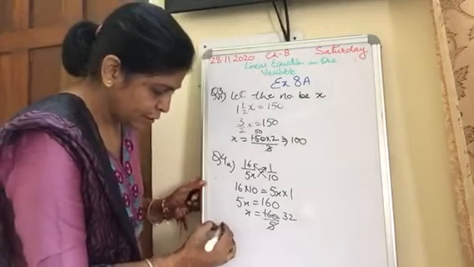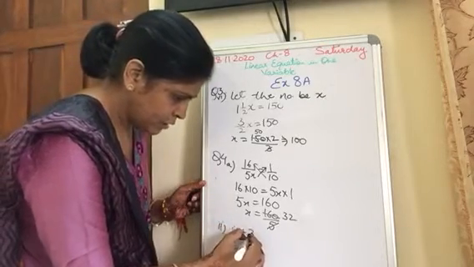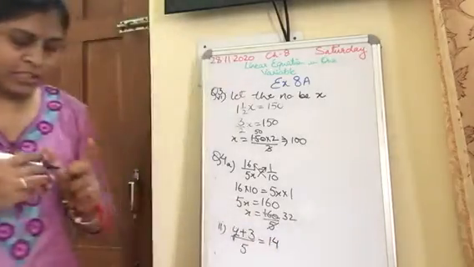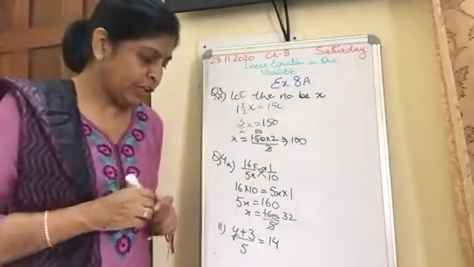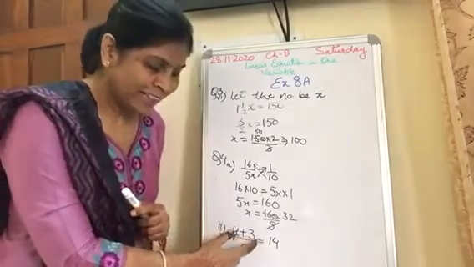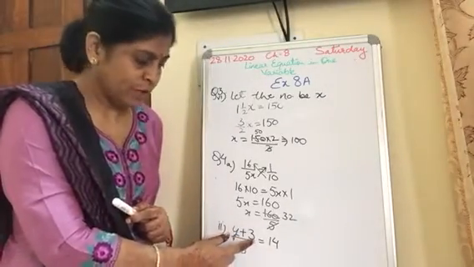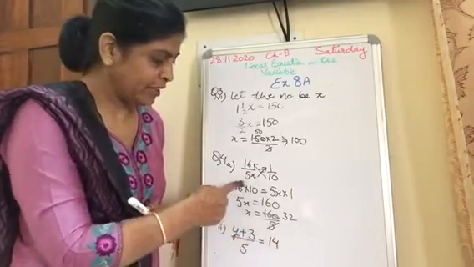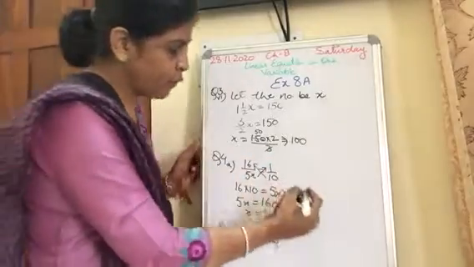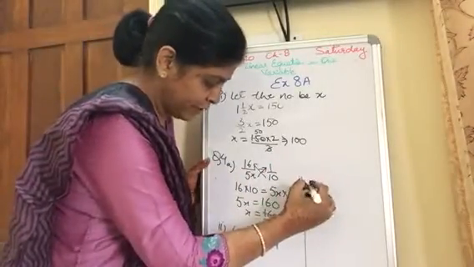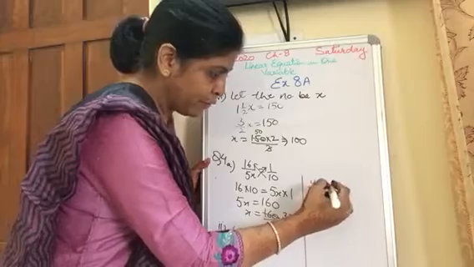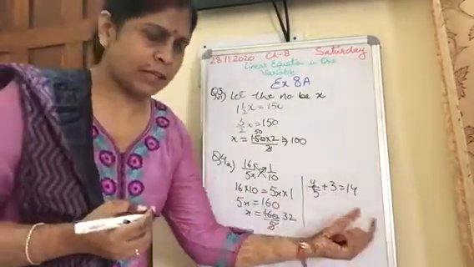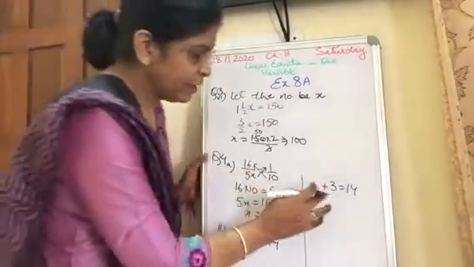Now in the second part, y plus 3 upon 5 equal to 14. Now in this case you can see that the denominator is on the entire algebraic expression. So in this case, first we have to send the denominator. But if it is written in this form, like suppose it is written y upon 5 plus 3 equal to 14, then first you send the constant to that side. But here it will be written in this form.